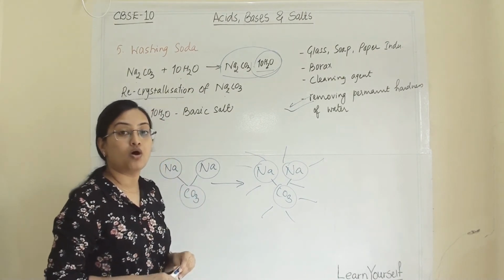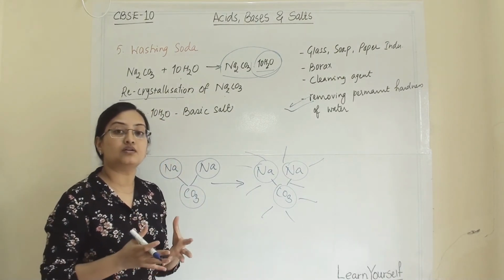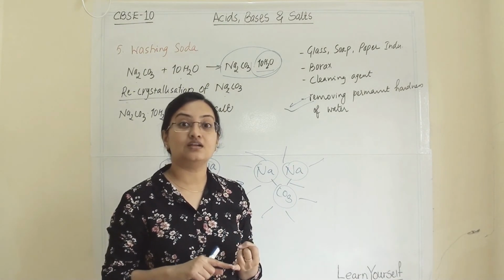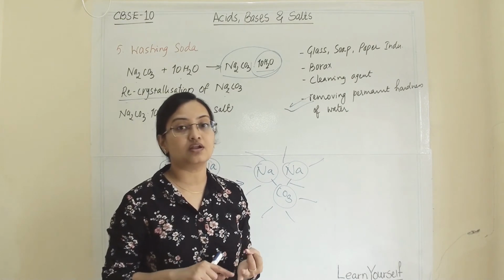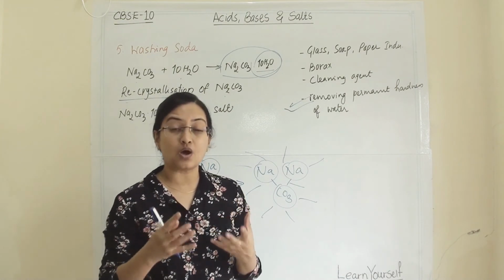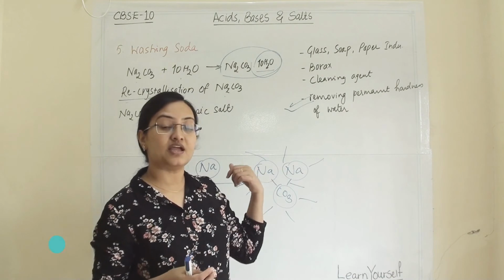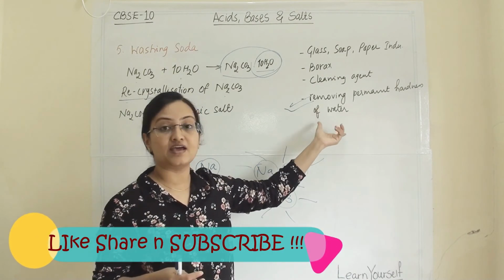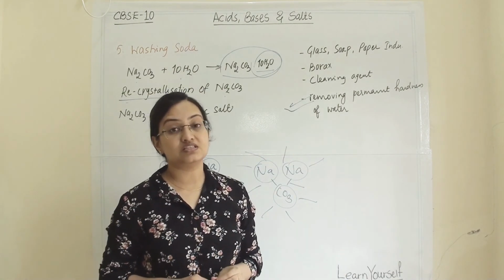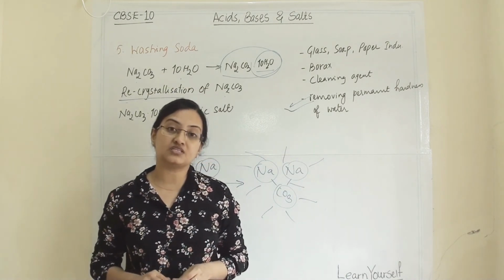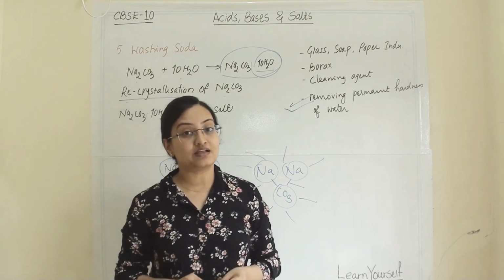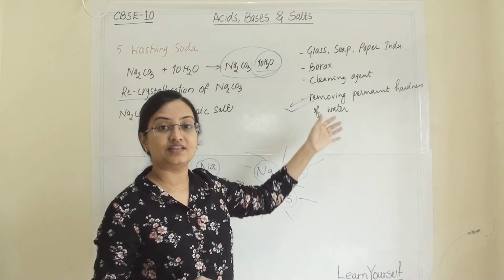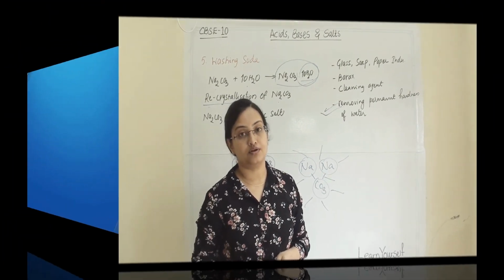So this is all about the important salts: sodium chloride, sodium hydroxide, baking powder, bleaching powder and washing soda. How we are manufacturing them, the manufacturing reaction of each and every salt, and their uses. So these topics are important. Some of the questions will likely come from this, and these reactions and their uses are important.